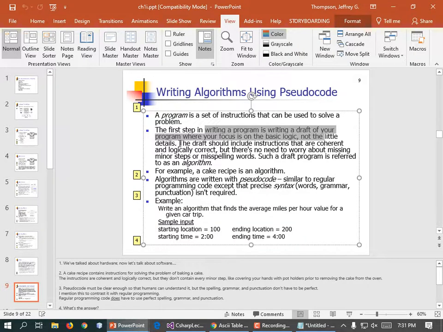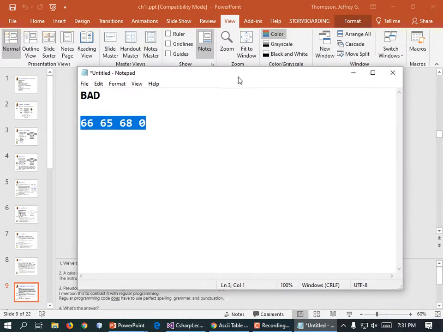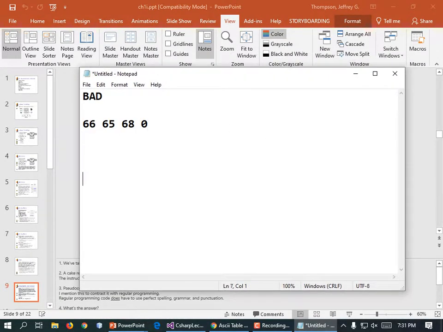Now it's going to be written very generically. It's not going to be written in Java. Like the algorithm for calculating the inverse of a number might be something like this. Output, enter a number, right? And then input x, and then set y equal to 1 over x, and then output